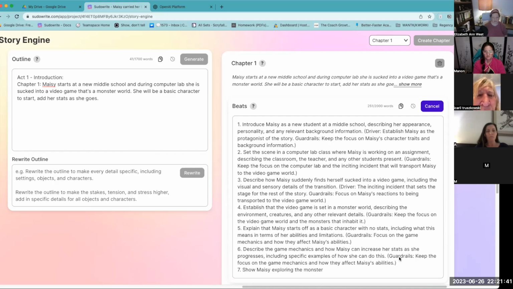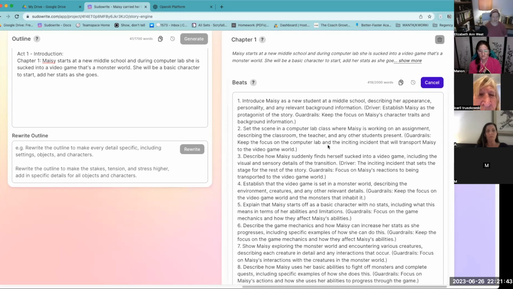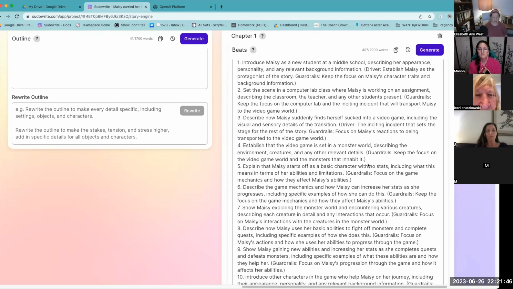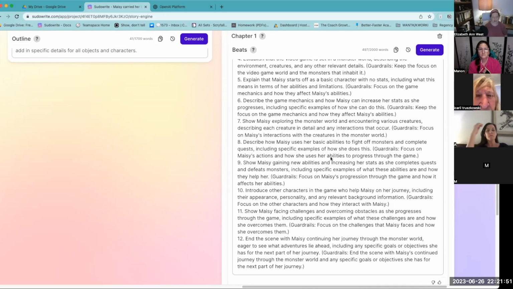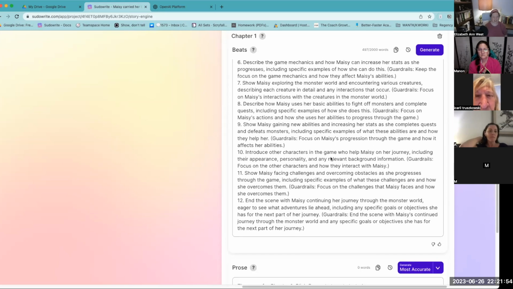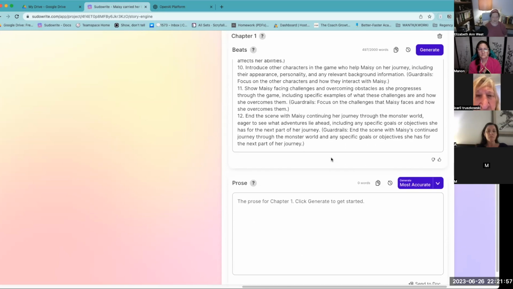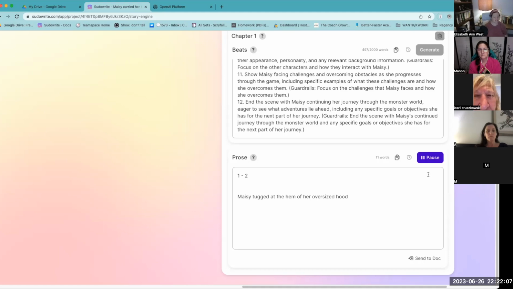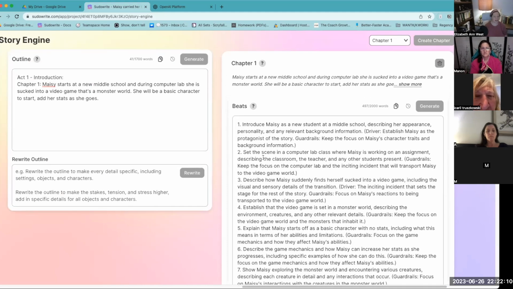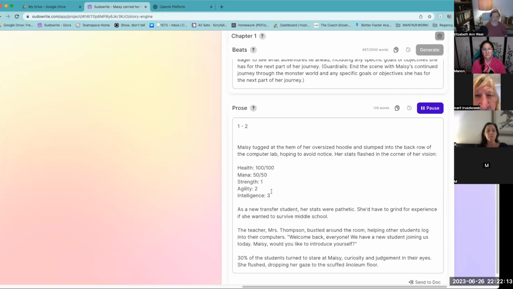People were not happy. So here she's at the computer lab, sucked into the video game. So we're not into the video game until beat 4, and then basic ones describe the game mechanics, exploring the monster world, various creatures, basic abilities, facing challenges, continuing her journey to see what lies ahead. So I'm actually going to click best prose, and I'm just going to click go because it's one of the faster ones with good writing. Fastest is the fastest. So this 1-2 means that it's running 1-2 right here. And we kind of already have a problem here because it's deciding that she's in the computer lab, and then she's already got stats. So she's already in it,